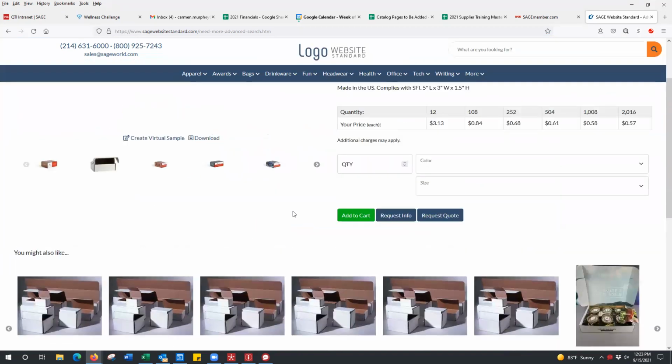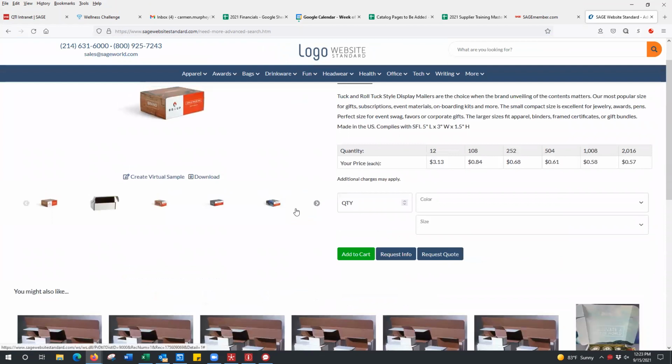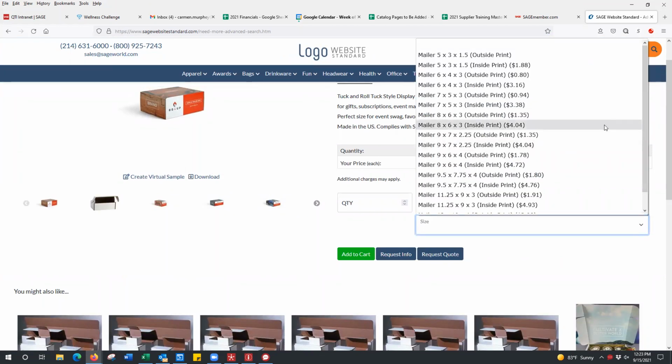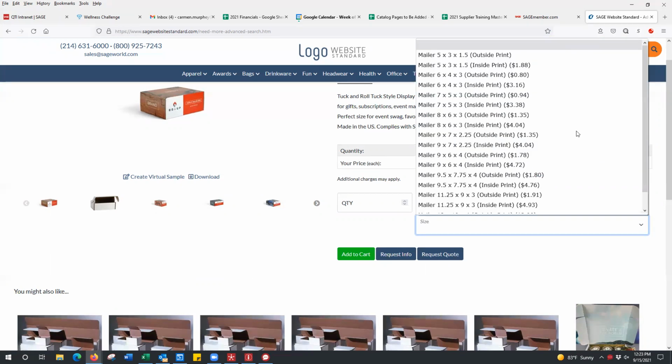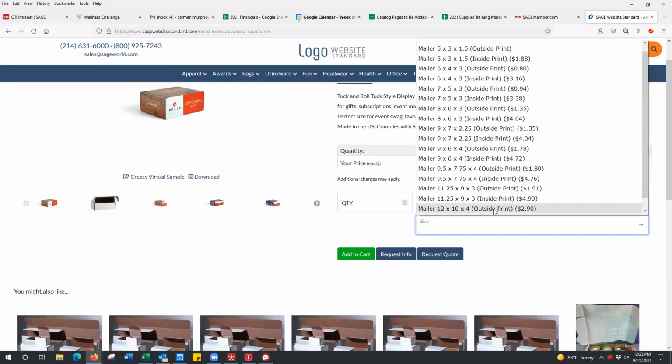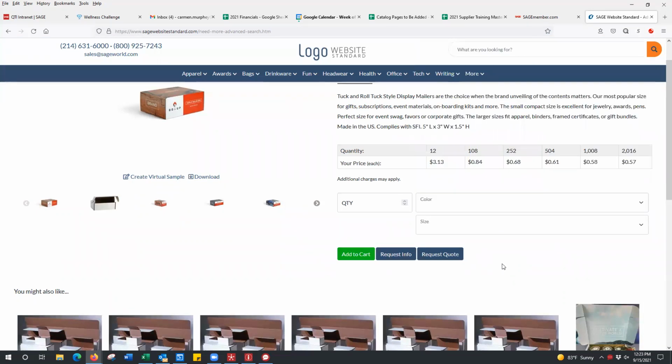That's how Jen and them had set it up, Mike, with the display mailer box, and within that category there's a range of different sizes. So Carmen, you're saying the pricing they see right there is what they were pulling, and they just weren't hitting the drop down and doing their due diligence to look at specific sizes.